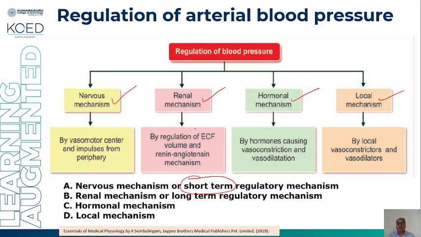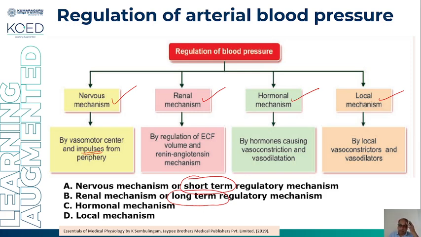Second part is the renal mechanism. We have to take this as long term. So we have to safeguard our kidneys. Kidney plays a major role in controlling the blood pressure. So how does the nervous mechanism control it? The impulses from the